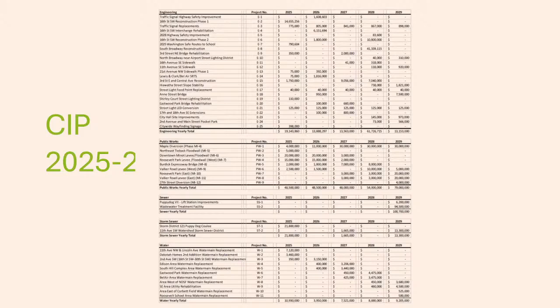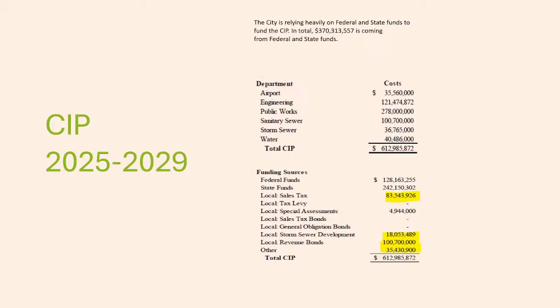The one thing I wanted to highlight that goes along with that fund balance that we carry, this is an excerpt from our CIP, and it's actually longer than this. This was just the part I could fit onto the slide. But this is for the 5-year period, and the total in that 5-year period for the CIP is just over $612,000,000, almost $613 million. Of that, we were funding about $370 million with state and federal dollars.